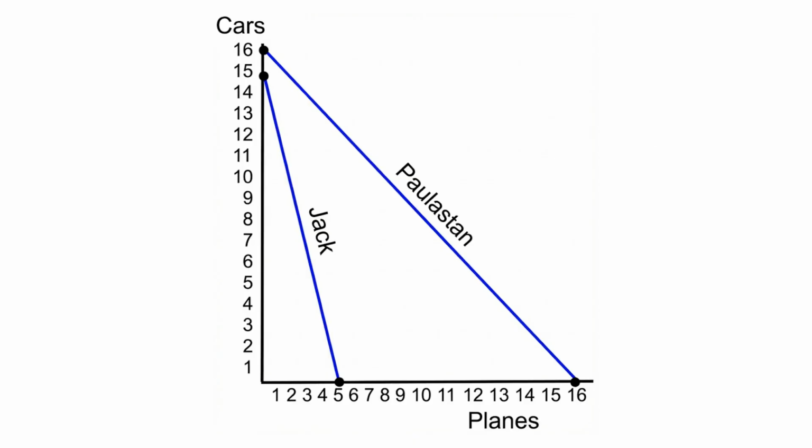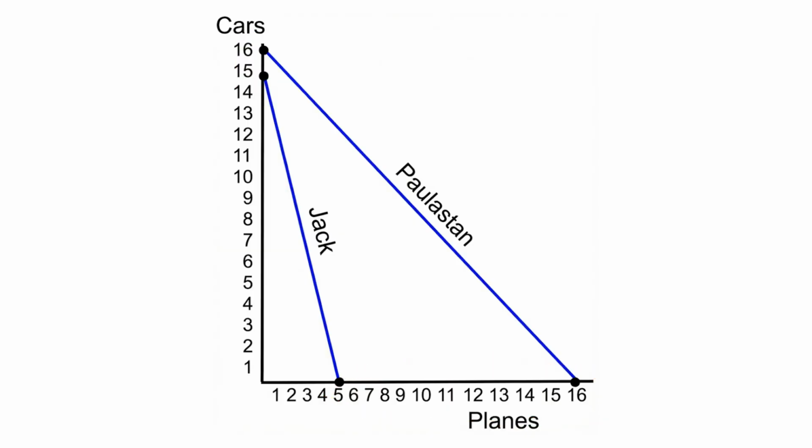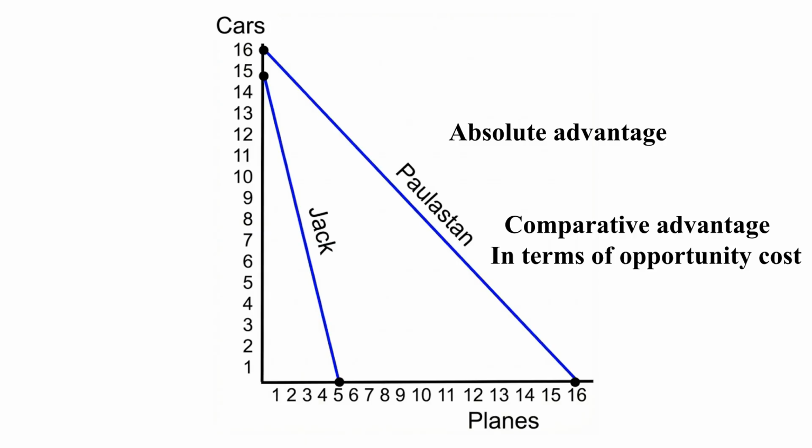Let's take the same idea from before, but now, instead of me and Paula drawing squares and triangles, imagine we're two different countries producing cars and planes. Suppose Paula's country, let's call it Paulistan, has more advanced technology and better resources. With the same amount of effort, Paulistan can produce more cars and more planes than my country. So just like before, Paulistan has an absolute advantage in both goods. But here's the key question. If one country is better at producing everything, does that mean the other country has nothing to contribute? Not at all. Trade isn't based on absolute advantage. It's based on comparative advantage, which is all about opportunity cost.